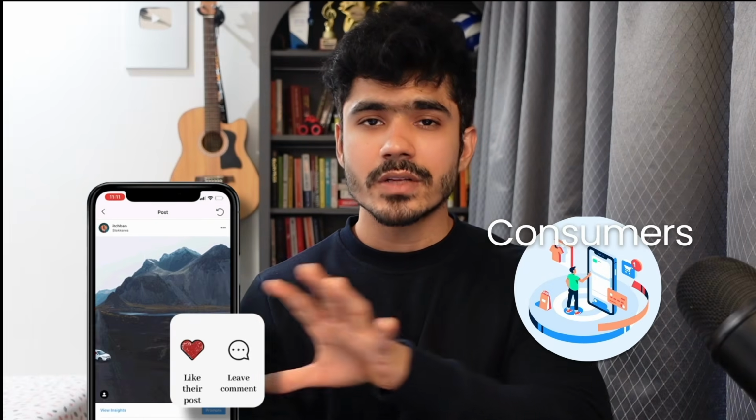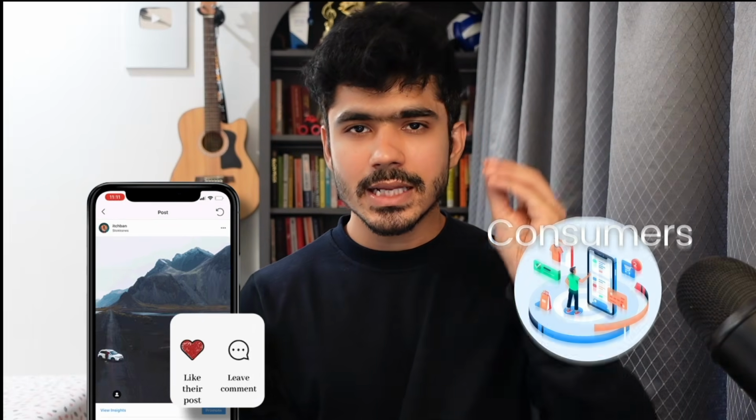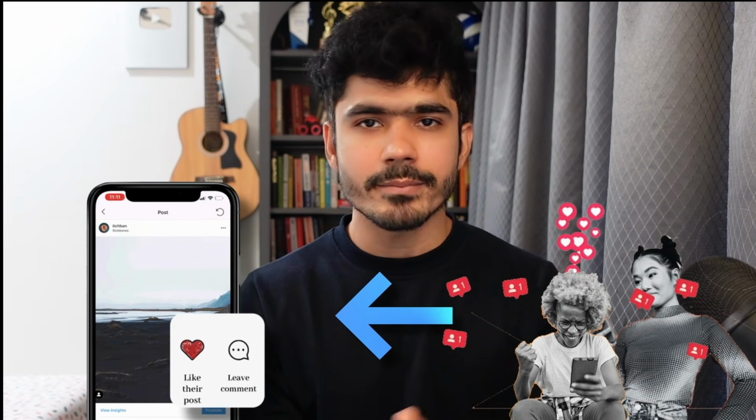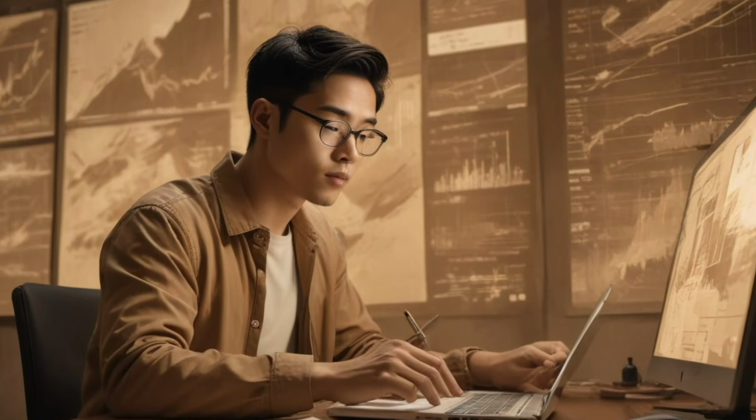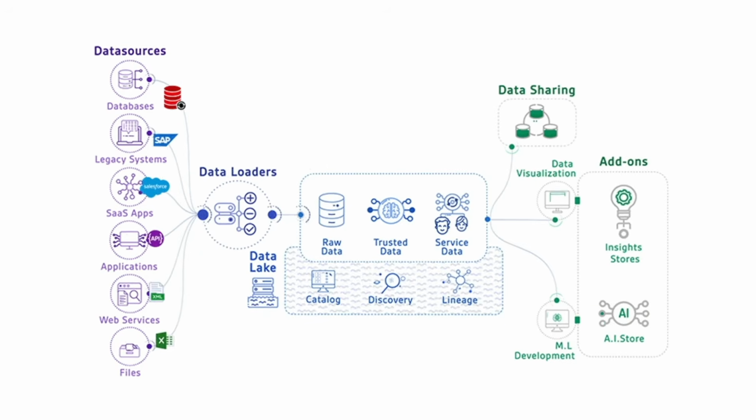On the other hand, we have the consumers. Consumers are the people who basically consume this data to do something about it, take the right actions, or analyze all of this data. So in this case, if you are a data engineer, you will consume this data, process it as per the business requirement, and then publish this data to a data warehouse or some kind of storage system.